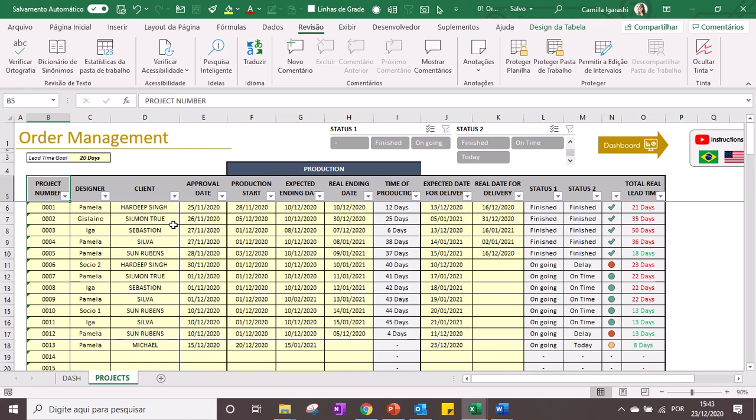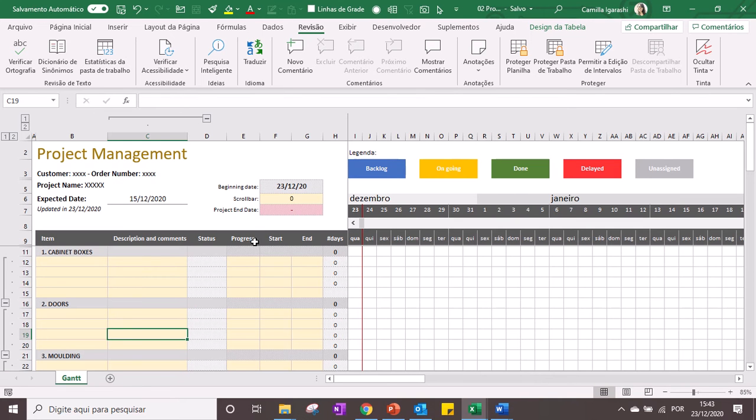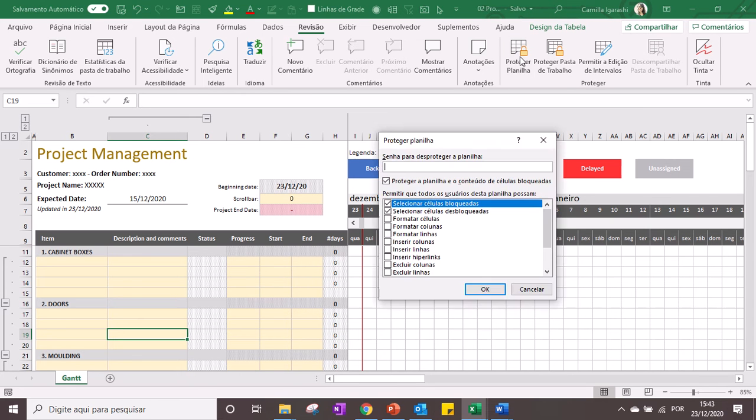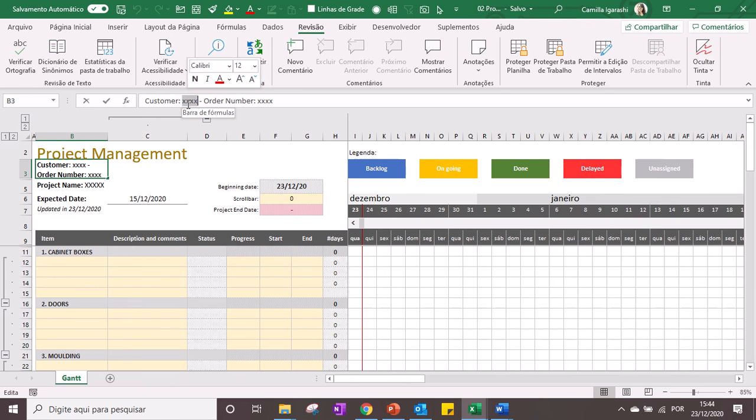Now I will present the project management spreadsheet. This one. The purpose of this worksheet is to follow the project in detail. First of all, you have to unprotect the worksheet here. Unprotect, and you can type here the customer name, for example, Maria, order number, for example,